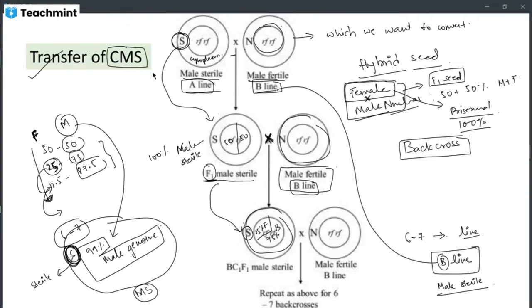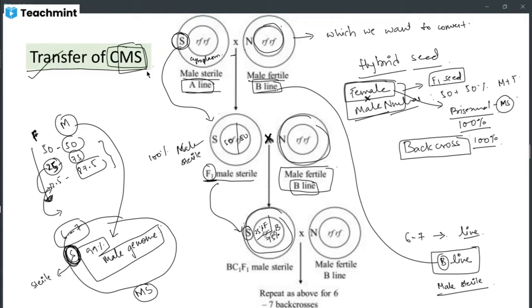No, sir. This is the reason why we use male sterility. If this bisexual flower has male sterile stamens, there will be 100% cross pollination, right? There is no chance of self pollination then. Understood. Another reason why we need to transfer the CMS: